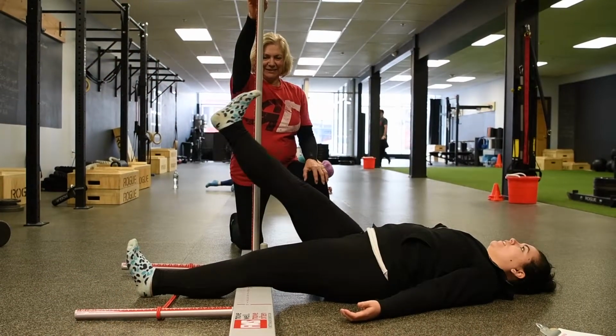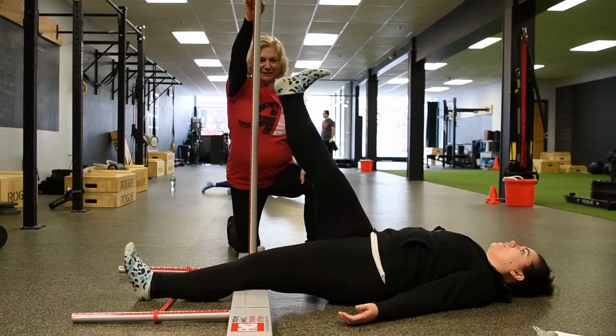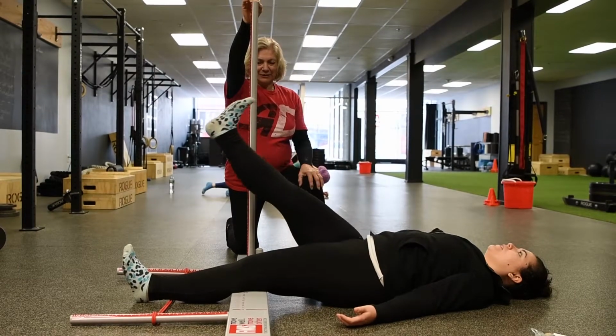The screen we're looking at is the active straight leg raise. And we want you to hit a 2 or higher on that screen, and that lets us know that your hips just move well. Once we know your leg raise is good enough, we want to make sure you can